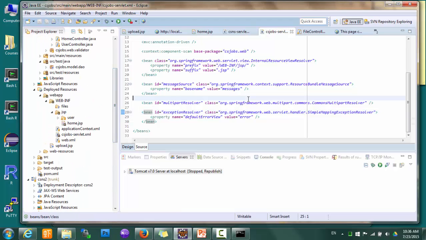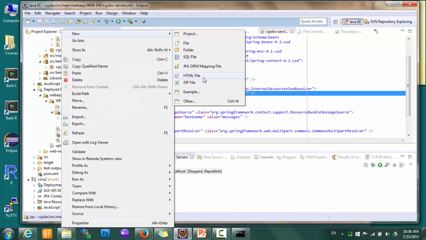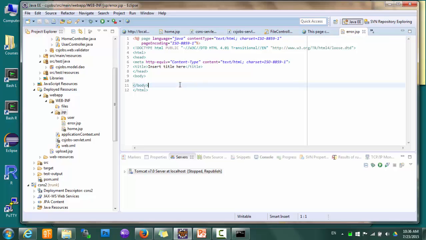And based on the view resolver, we know that we should create that view under WEB-INF/jsp. So I'm going to call it error.jsp, and we'll say error has happened. Okay, so